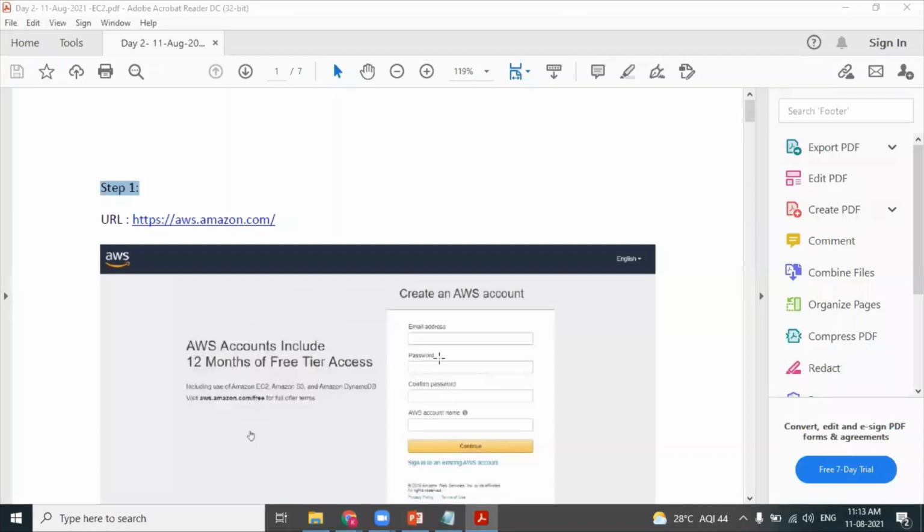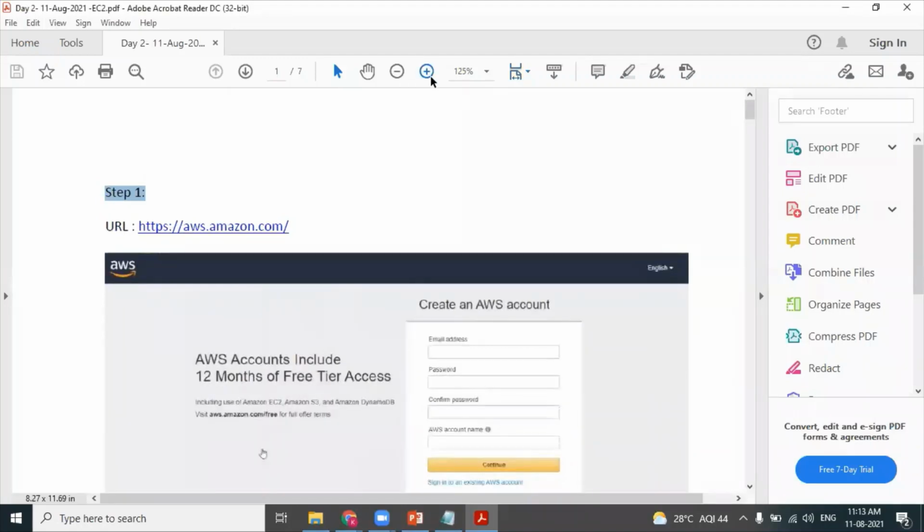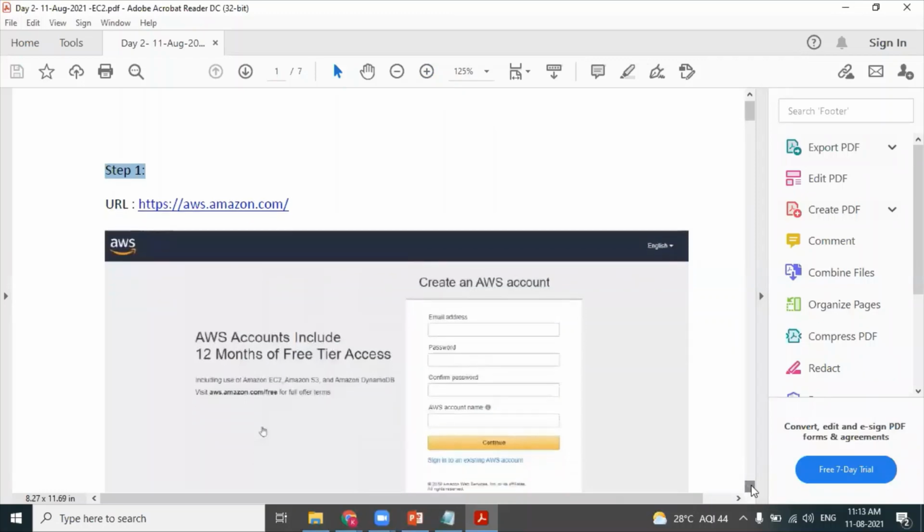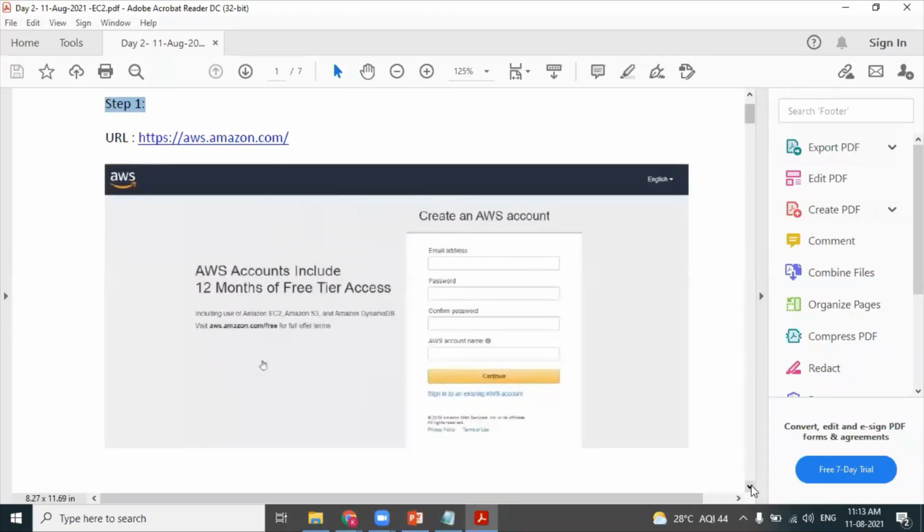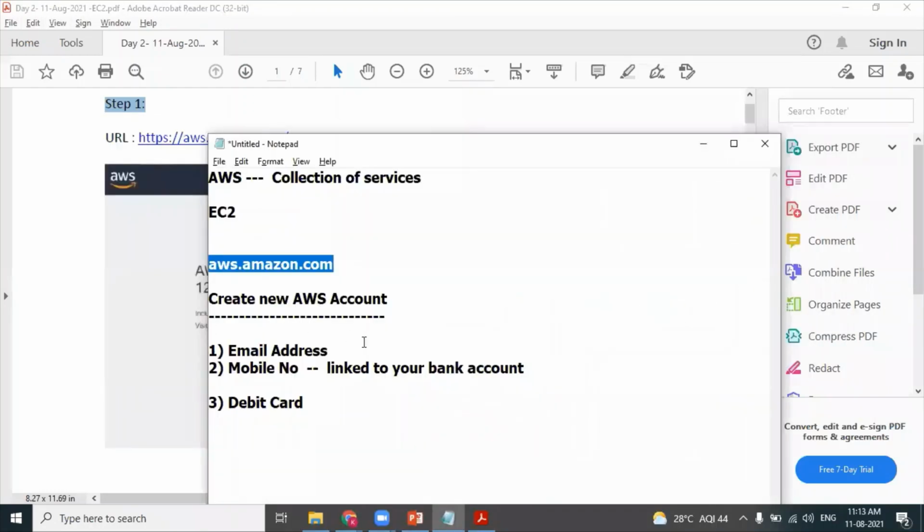Step one, you need to enter your email address, enter the password. I think it is very clear. Provide your email address, provide the login password, provide your AWS account name, click on continue. So we have furnished our email address in step one.